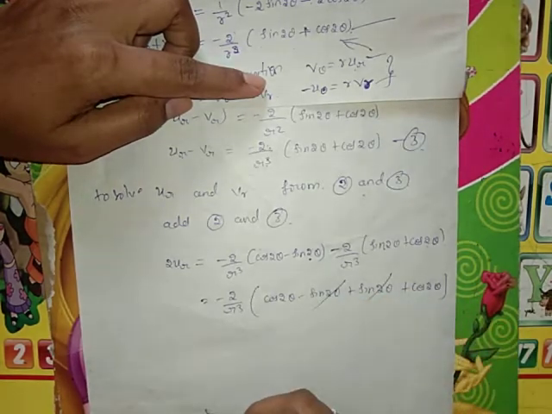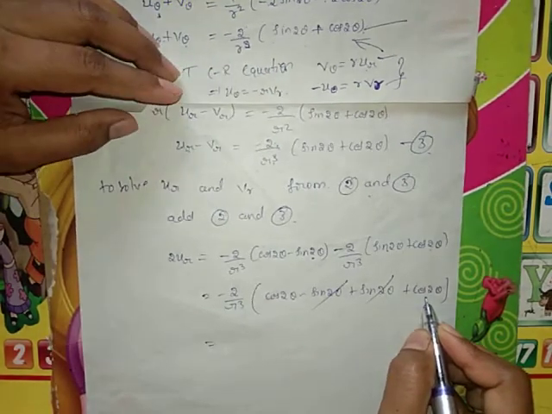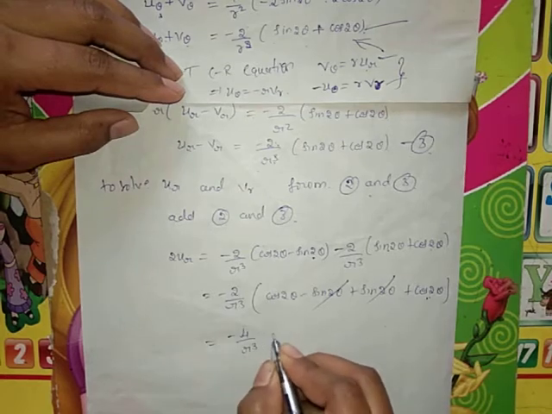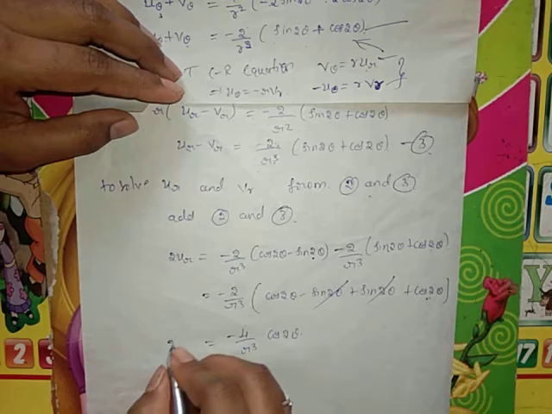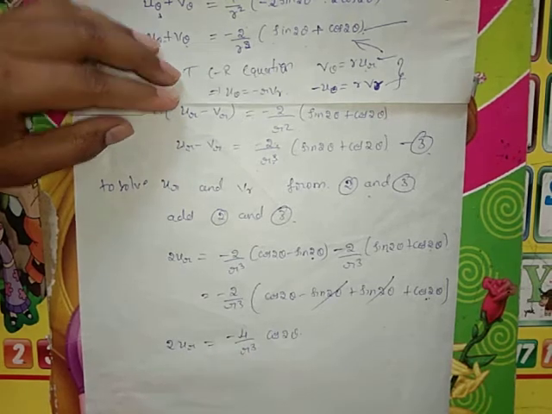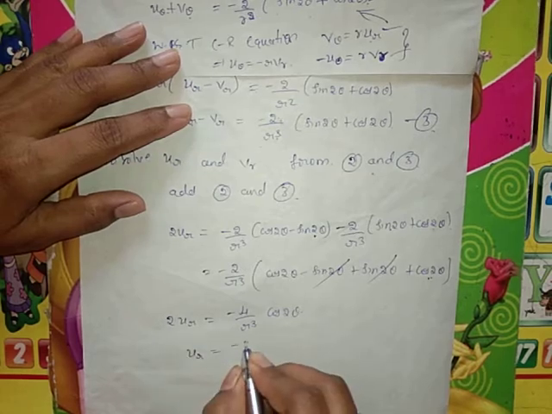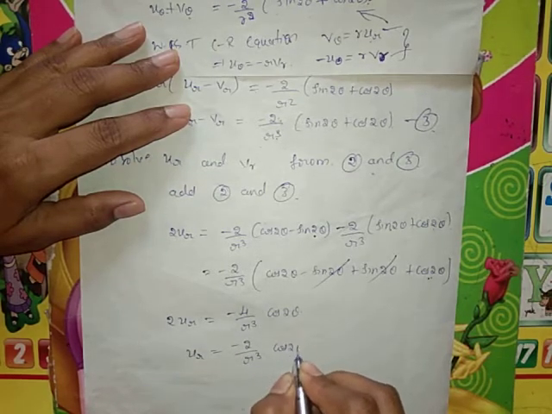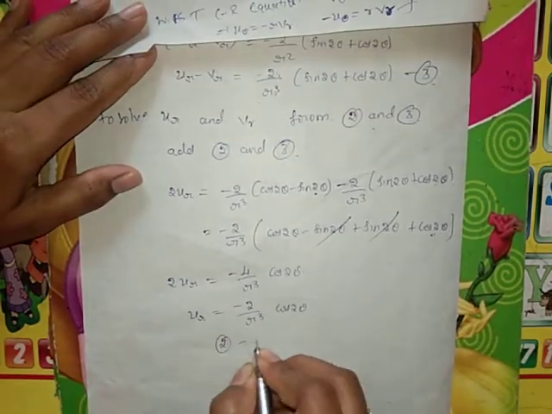Sin 2 theta cancelled. Cos 2 theta plus cos 2 theta is 2 cos 2 theta. 2 into 2 becomes a 4. Minus 4 by R cube cos 2 theta is equal to 2UR. Now UR equal to minus 2 by R cube cos 2 theta. Now taking a 2 minus 3,